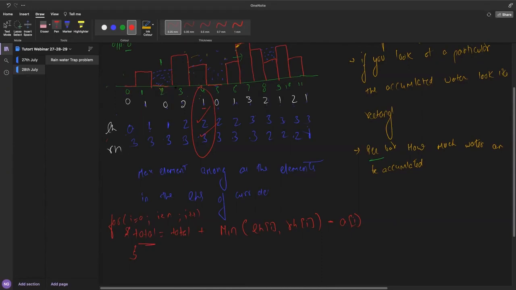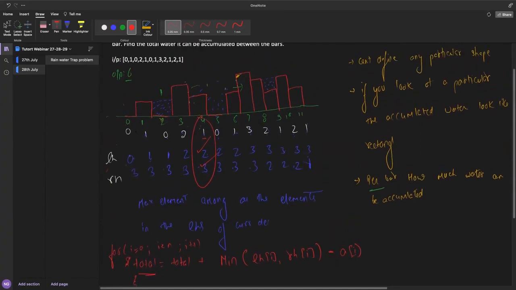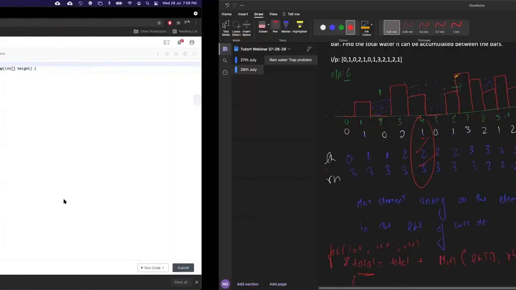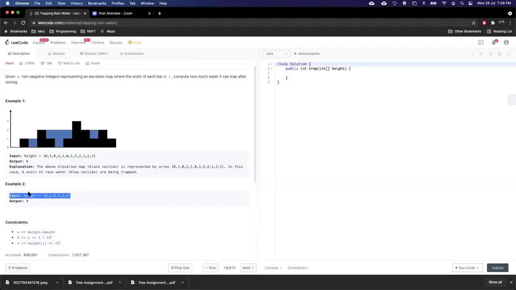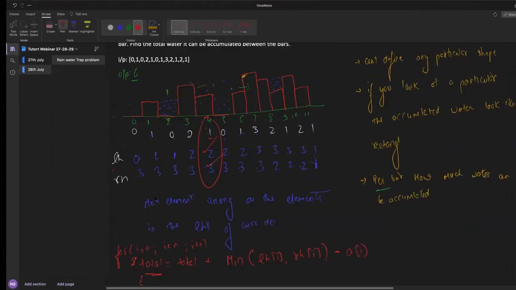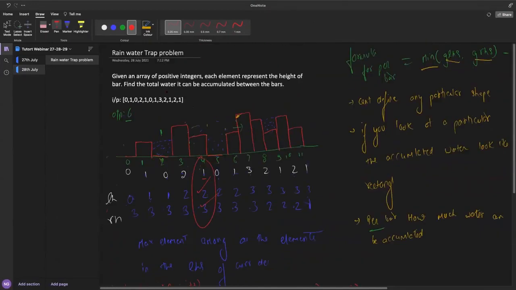Just go through it once to understand the problem. Try it by yourself. There is also another example. So you can do two things.